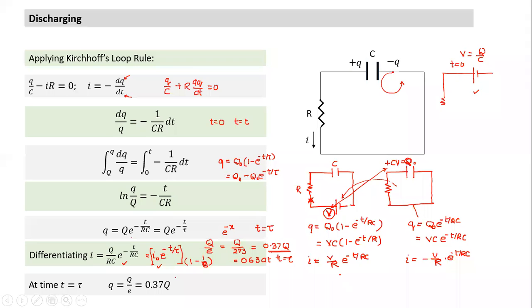Is it clear? Sir, why will it be minus V by RC? Yeah, why minus? I am using the minus sign to indicate something. What am I using the minus sign to indicate? Opposite direction. The direction will be opposite. So in the first case, what is happening? Because this is the direction, charge is increasing. Here the direction is opposite, charge is decreasing. That's the difference. Does it sound logical? Yes, sir.